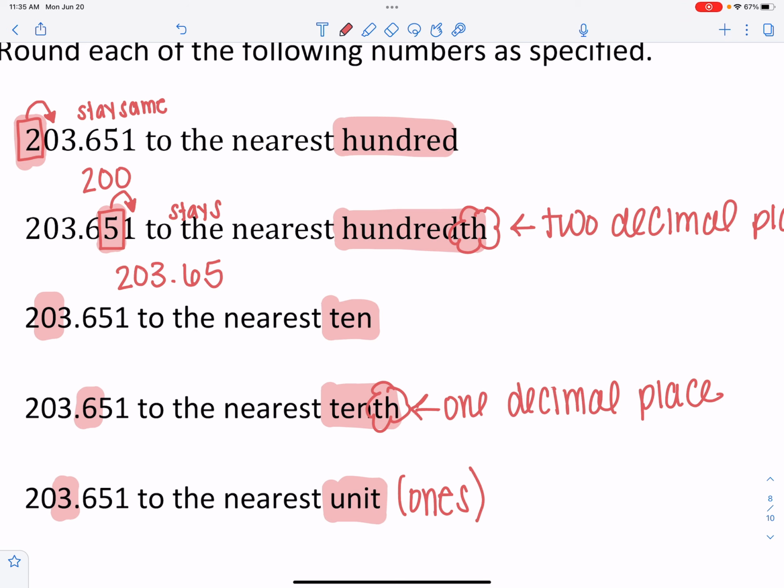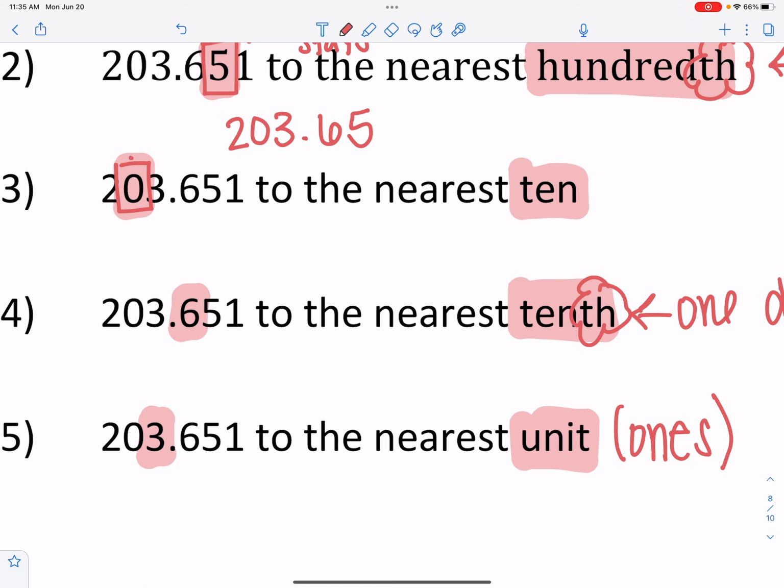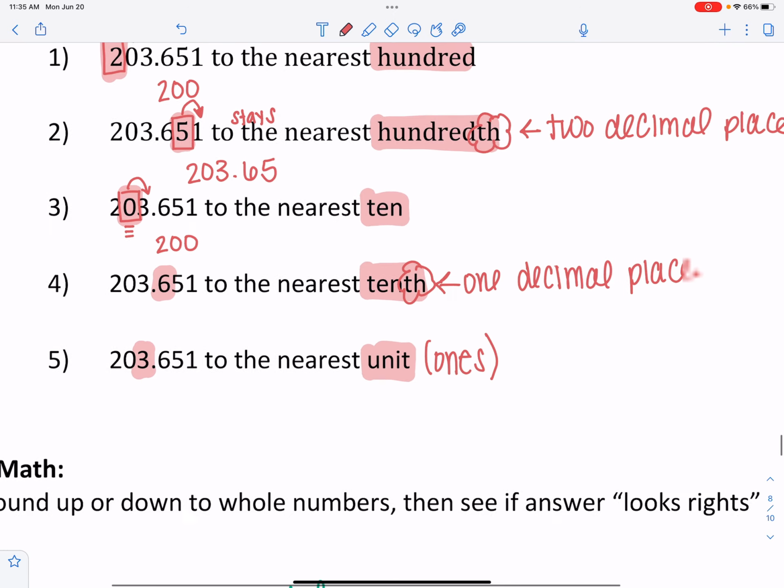203.651 to the nearest tens. I went ahead and highlighted that place value. Look to the number to the right. Because that is 4 or less, it's going to stay the same. So that is also going to round off to 200, because this value is staying the same at 0, and then the rest of them turn to 0. Number 4,